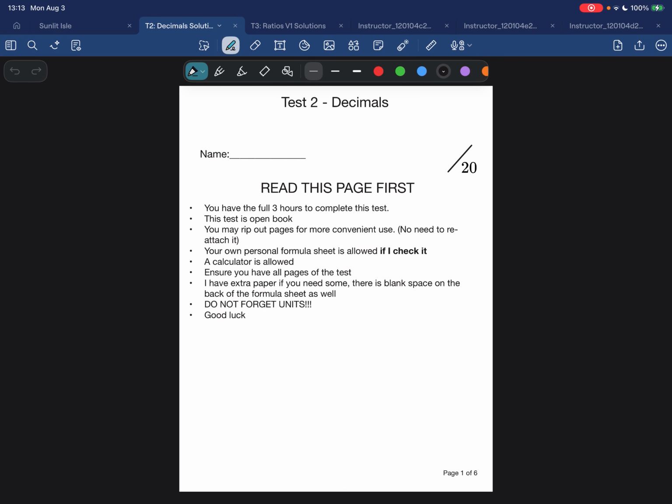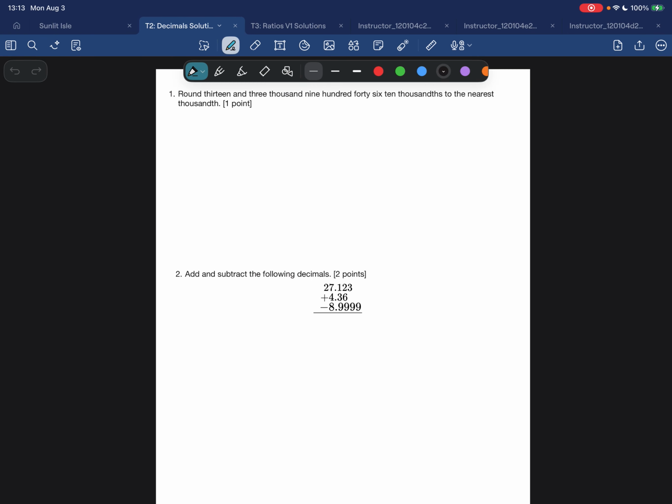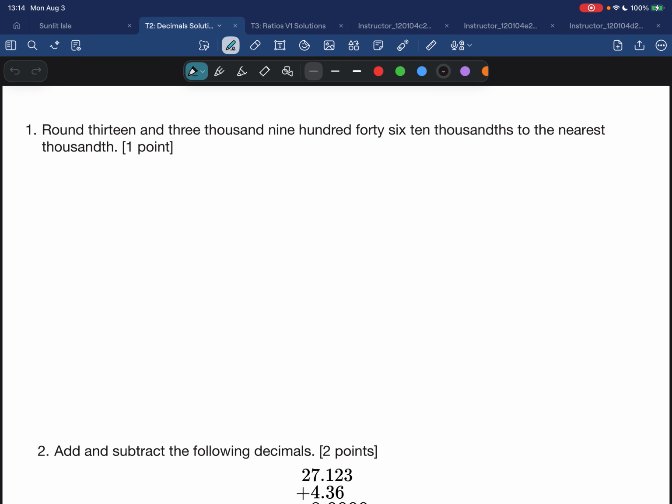Okay, so these are the solutions to test 2 on decimals. Question 1: round 13 and 3,946 10,000ths to the nearest thousandth. Starting with this, let's write out the number we've been given: 13 and 3,946 10,000ths. First, before I try to round the number, I'm going to make sure